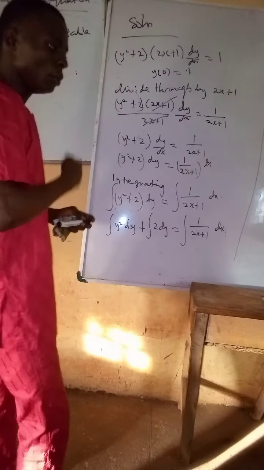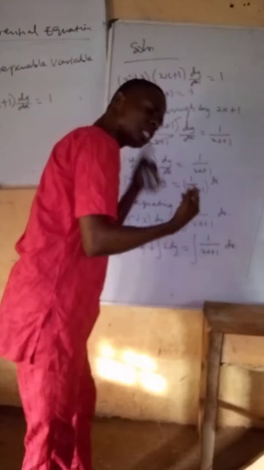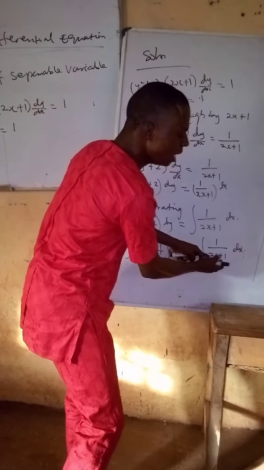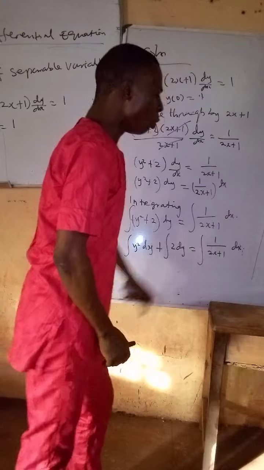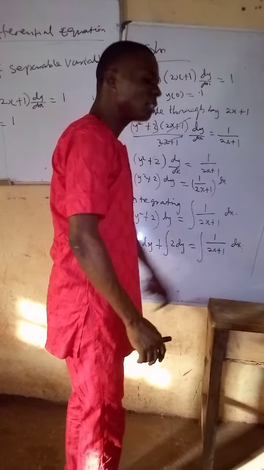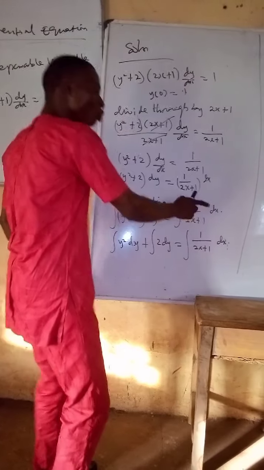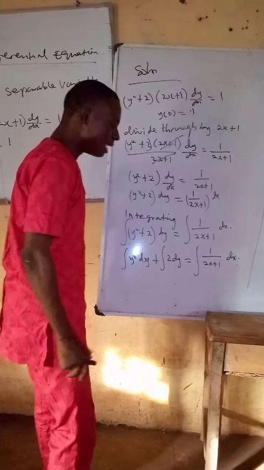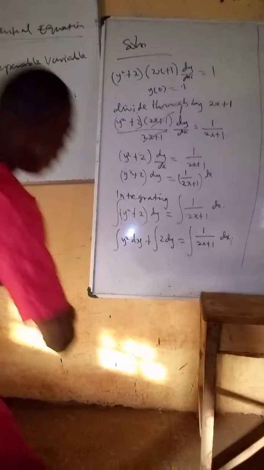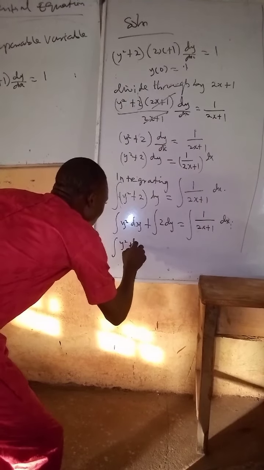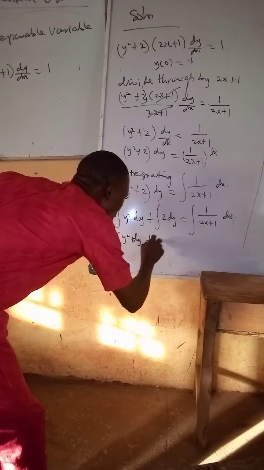What do we do? When we are doing integration, we differentiate the denominator, and if it is equal to the numerator, we will take the ln of the denominator. But here, if we differentiate this, it will give us 2, which is not equal to the numerator. So what do we do? Now we write this: the integral of y squared dy plus the integral of